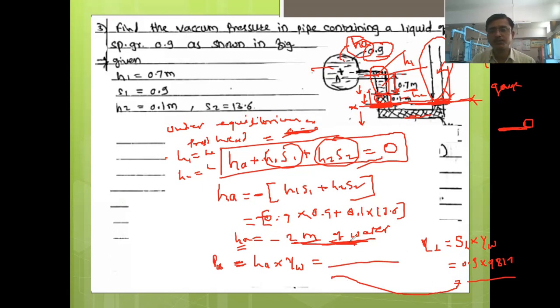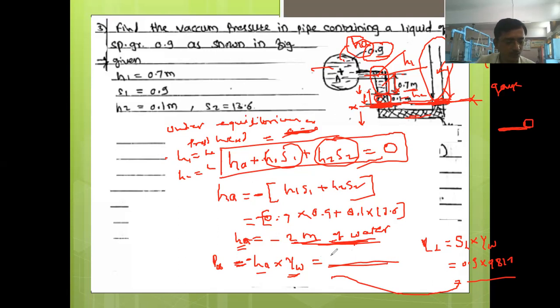Here you have to keep in mind that we are finding this pressure head in terms of meter of water, and therefore we should multiply this pressure head by the weight density of water. Now you can compare this answer with the other method. You will solve this problem by the other method also, and check whether your answer by this method and that method is the same or not. So the minus sign will be there with this. Do the calculation and tell me what is the answer.